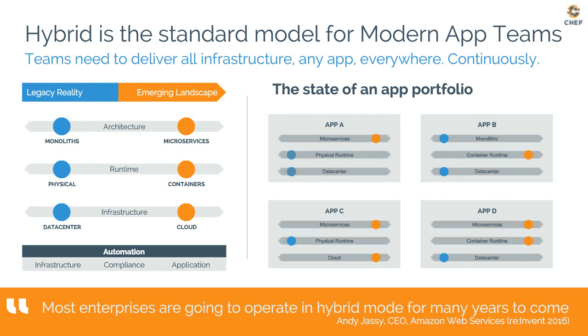You have to balance monolithic app architectures versus the rise of service architectures and microservices. The runtime, is it physical or is it containerized with Docker or Kubernetes? Is your app running in the data center? Are you up in AWS or Azure? And so as you're looking to balance these things out, one of the things that I hear from customers is